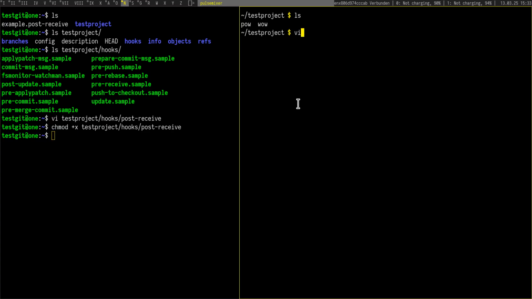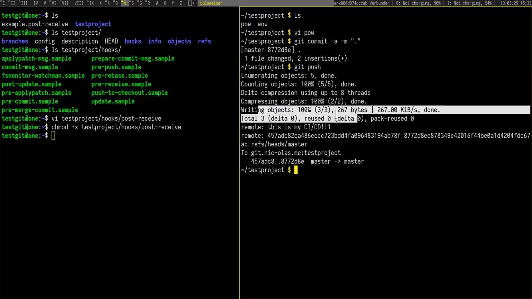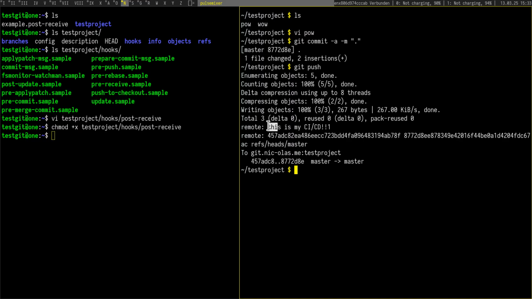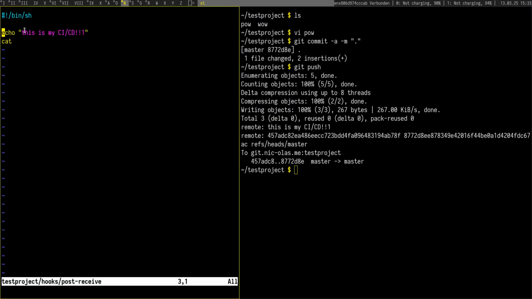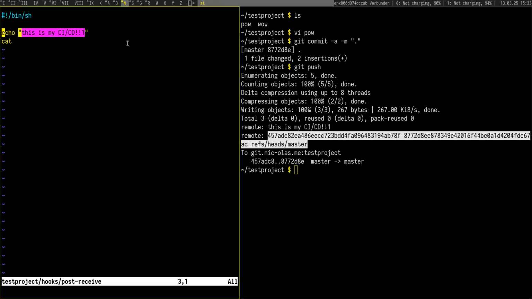So now if we change something in this wow file, for example, add more, and then git commit -a -m, and just whatever, and then push it, we will see the normal push output. So this is enumerating objects, counting objects, delta compression, blah blah blah, boring. And then we see this remote, this is my CI/CD, and then this output here, so if we open that up again, this is the echo command we call, and this is then the cat command,